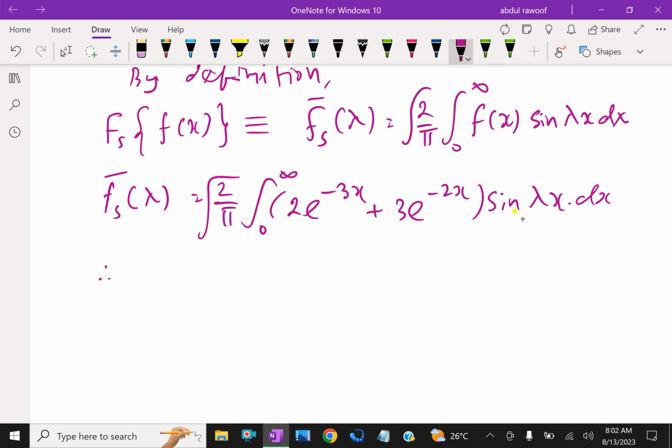Therefore, the sine transform of lambda is equal,